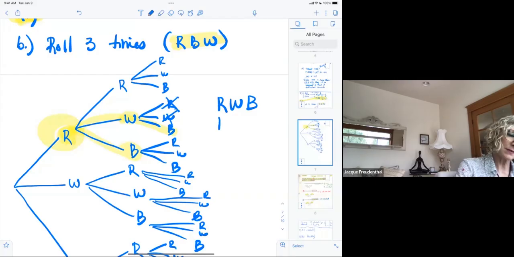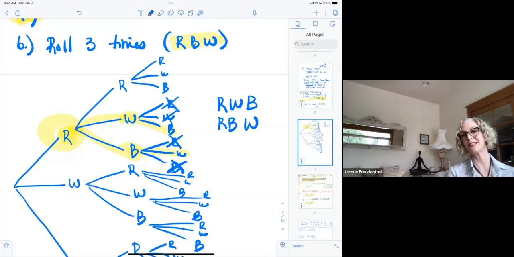So if I have red and blue, I don't want another red or another blue. So I'd go red, blue, white, because we only want one of each color. So I'm just using the tree diagram to come up with the different combinations of getting one red, one white, one blue. How many ways can I arrange red, white, blue